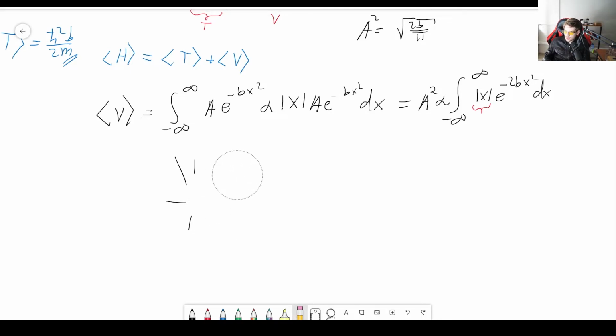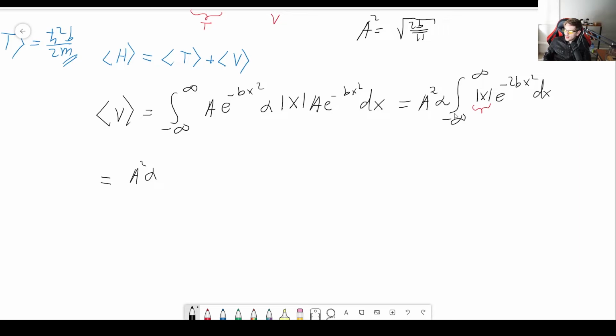That's important to note, because e to the minus 2bx squared is also even, right? So that is one way you could go about it, because the most important thing here is that we have to get rid of this absolute value sign. So there's two ways to go about it. Maybe there's even more, but at least there's two that I can think of right now, which is that one,